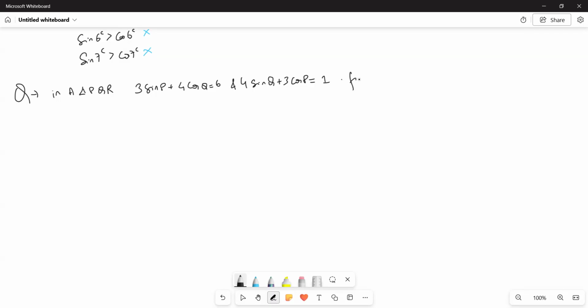Then find the angle R. It's again equation वाला क्वेश्चन है ये।